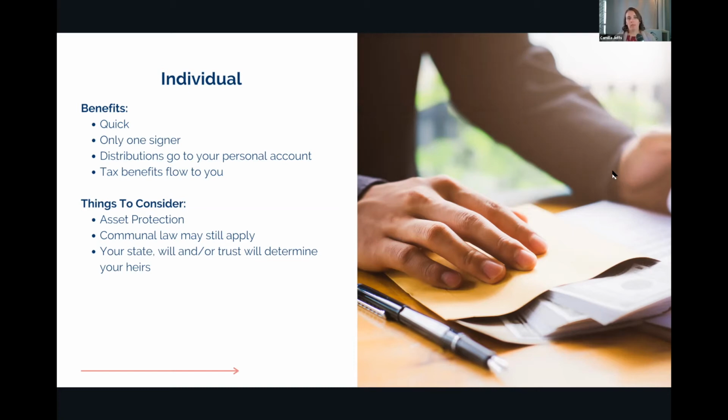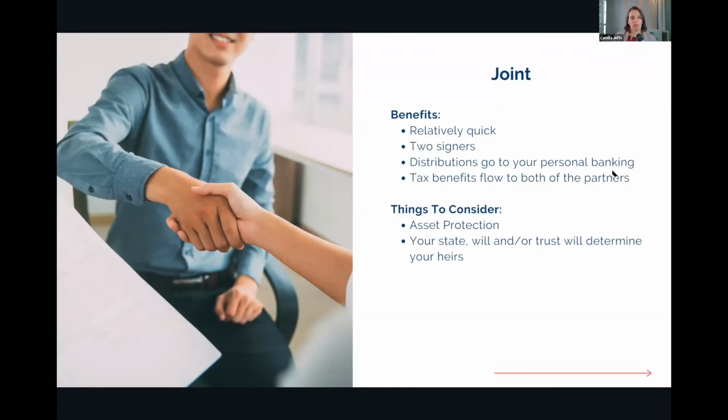Okay, what about joint, right? So jointly with a spouse. With us, when you're signing jointly with a spouse, it's relatively quick. We have a portal that you can sign into, and you simply review the documents, and the first person signs. Once the first person signs online, it's all online, so you don't have to go anywhere and sign a physical document. Then it sends an email to the second signer that, hey, now it's your turn. So the second signer jumps in, looks at it and signs. So it's not that much slower than an individual, although it does require both of you to log into the portal and sign the documents.